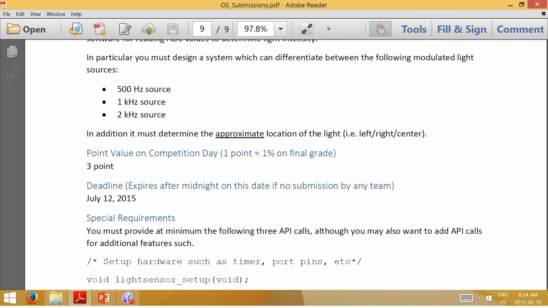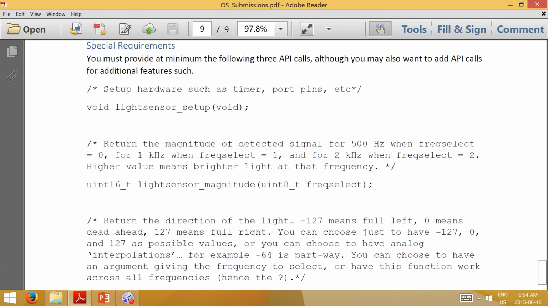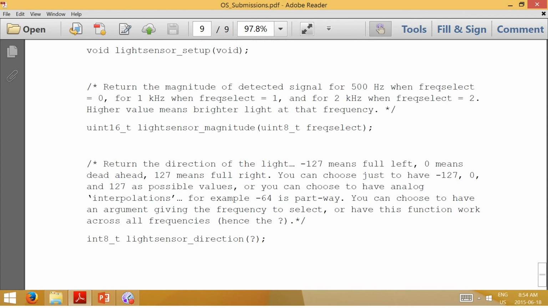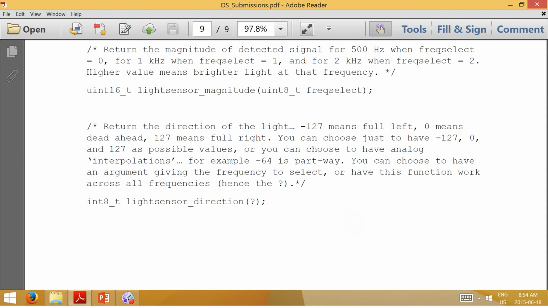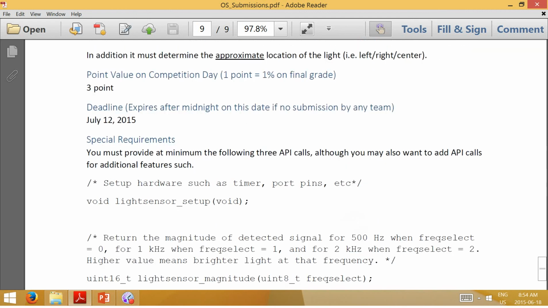So if you need additional resistor values, that's fine, and I'll update these to explicitly say that. But basically, someone has to be able to ask, what's the magnitude of a 500 hertz or a 1 kilohertz or a 2 kilohertz light, at whatever location in front of me, and what direction is that light.